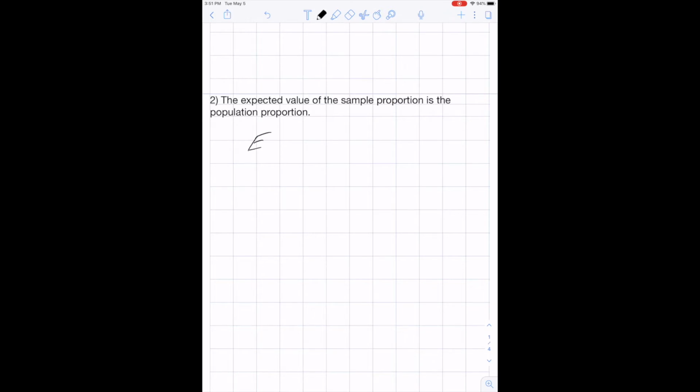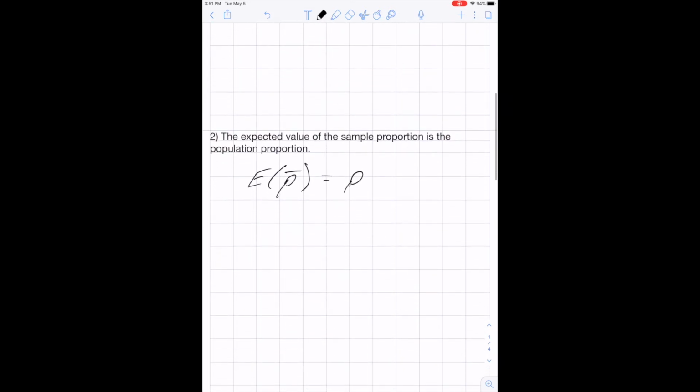Well, luckily for us, the expected value of sample proportions, which are a random variable, is the population proportion. So for the population proportion, we just use P. For the sample proportion, we use P bar. So that's a good thing, because that means on average, when I take random samples and calculate sample proportions,